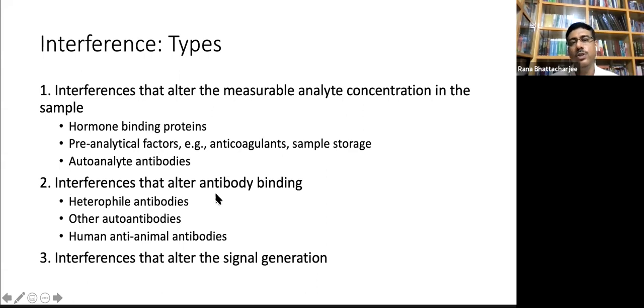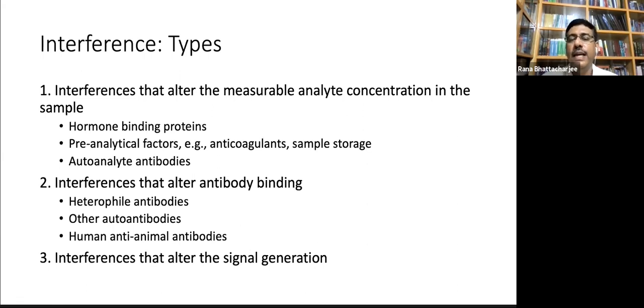Those are usually produced by the person himself or herself. These antibodies can bind weakly to a wide range of analytes. So if they are present in a very high amount in the sample, they can interfere with various kinds of analytes. There are other autoantibodies as well, and human anti-animal antibodies are specific to a particular animal, and it usually